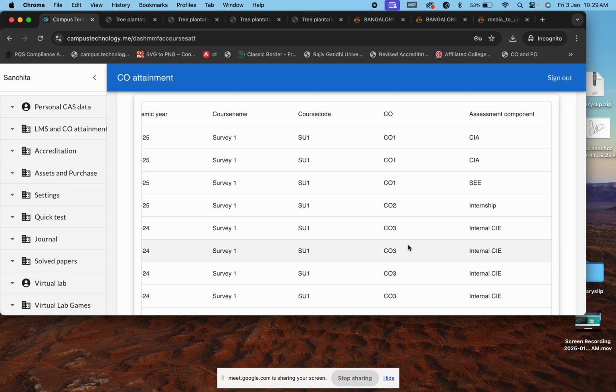I can only do it once I get the results, because the question paper is set by the university. Your results are not out yet? No. Okay, then I will have to wait for 2 to 3 months. Yes, course attainment will take time. If the external results are not out, of course you cannot consider that component. So for now, you can consider two internals, no problem.